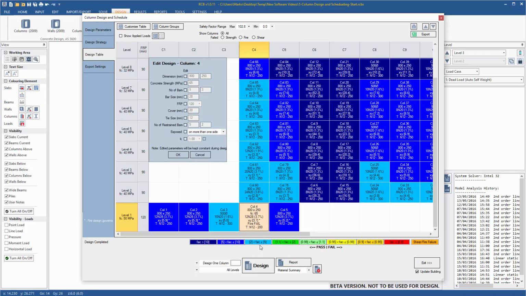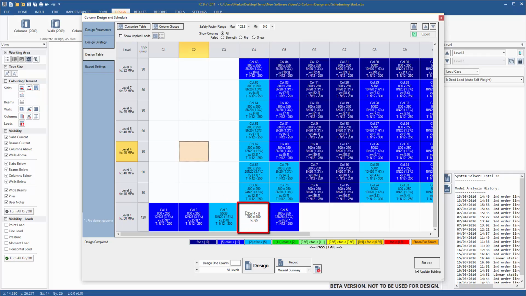Individual columns that are failing can have their properties manually adjusted. These properties will be kept fixed during the next design. Rather than redesigning the entire job after manually changing the properties, only the individual column that was changed can be redesigned. The design process can be repeated a few times to get an indication of what is governing the design and give some guidance on how to proceed to the next stage, the rationalization of the results using design groups